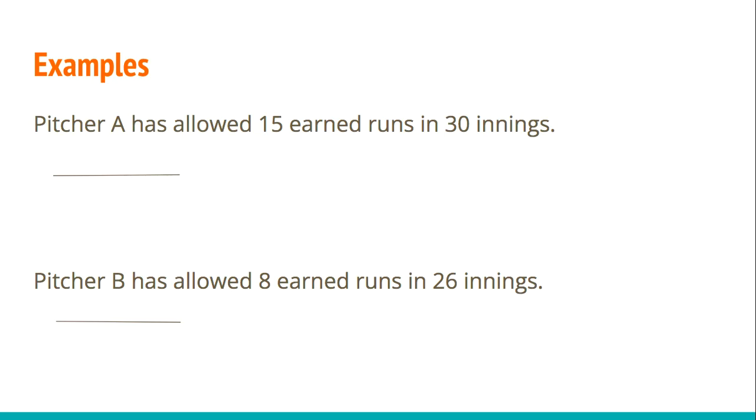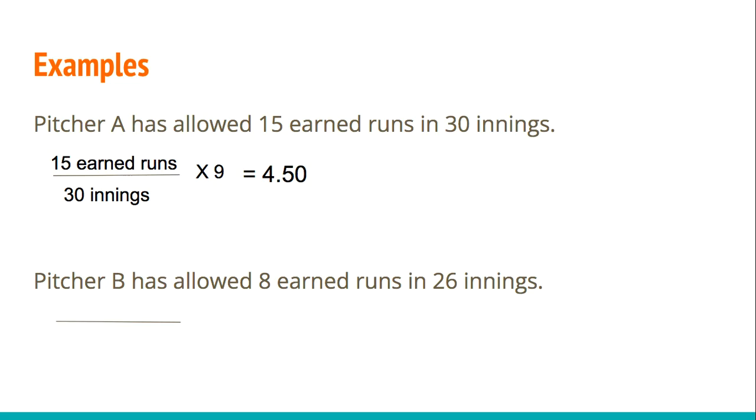So in our example here, we have pitcher A, who has allowed 15 earned runs in 30 innings. If we plug that into our formula, we can figure out what his ERA is going to be. So we have the 15 earned runs divided by the 30 innings. Take that number, multiply it by 9, and you end up with